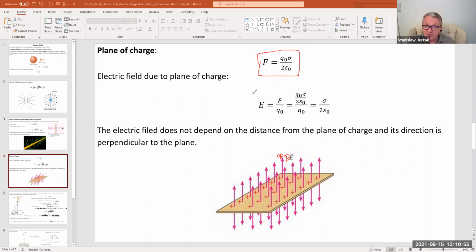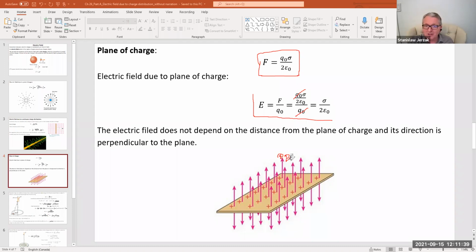So if I now use the definition of electric field as force divided by Q0, and substitute for F this expression and divide by Q0, Q0 will cancel again. And then the electric field produced by that infinitely large plane of charge is given by this expression, sigma divided by 2 epsilon naught, where sigma is the surface charge density. And because the force acting on Q0 does not depend on the distance from the plane, the electric field does not depend on the distance from the plane of charge,